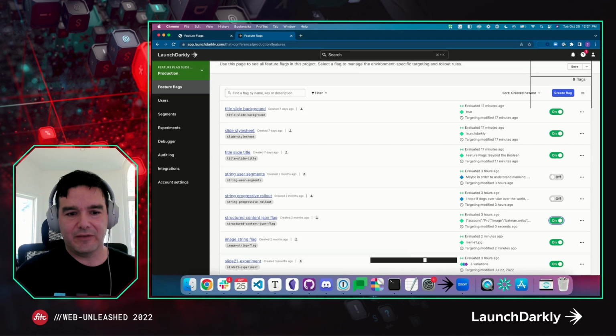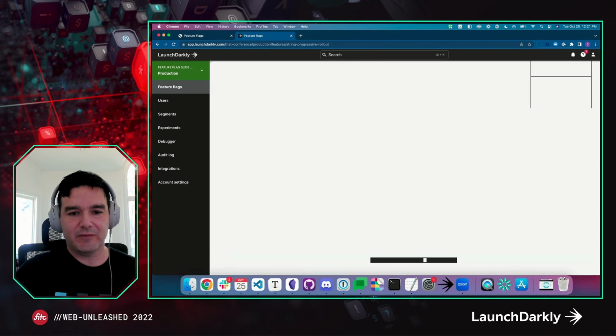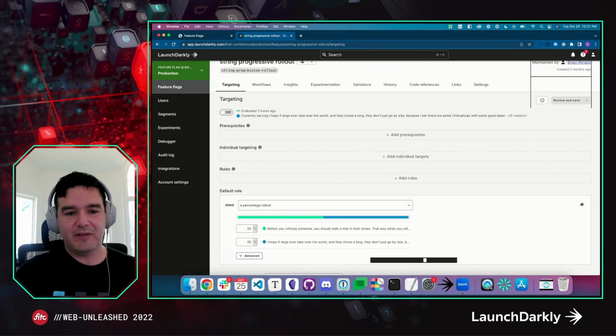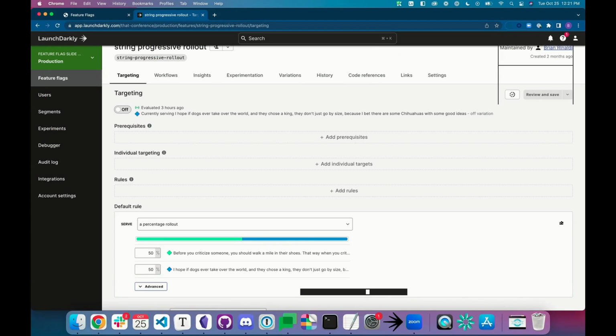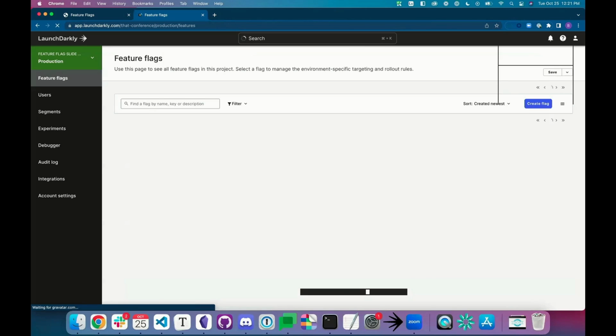I'm going to show you this progressive rollout. This is a very simplistic one where I've set it to just 50-50. I could even create a workflow that does 10, 20, 30, 40, 50, slowly, as I verify that everything's working right. So I've got two string values here that are set to 50-50. If I turn this flag back on,